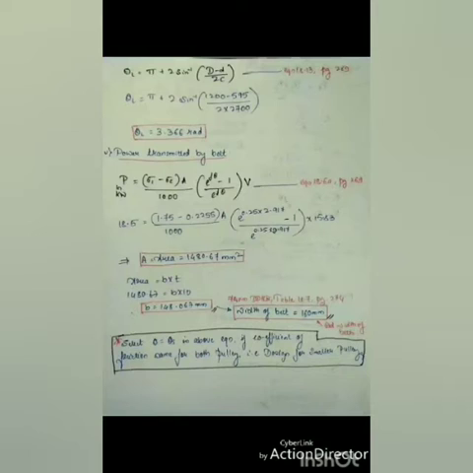So next we are supposed to find theta L, that is angle of lap or angle of contact in the larger pulley. The meaning of theta L is how much the belt is covering the distance on a pulley, that is, how much the belt is in contact with the larger pulley. So that is represented by theta L. We can just go through the figures which have already been posted in the theory part.